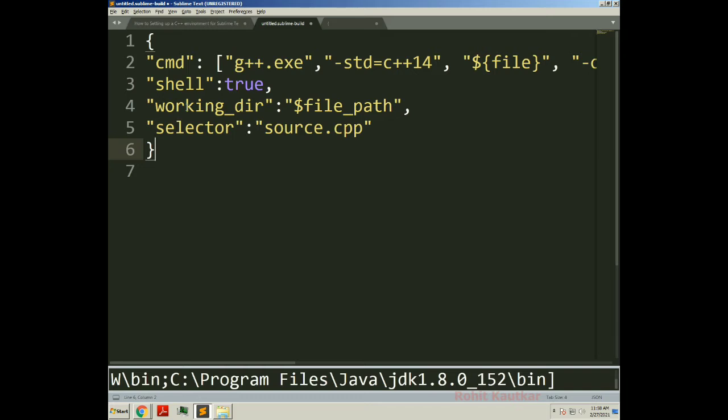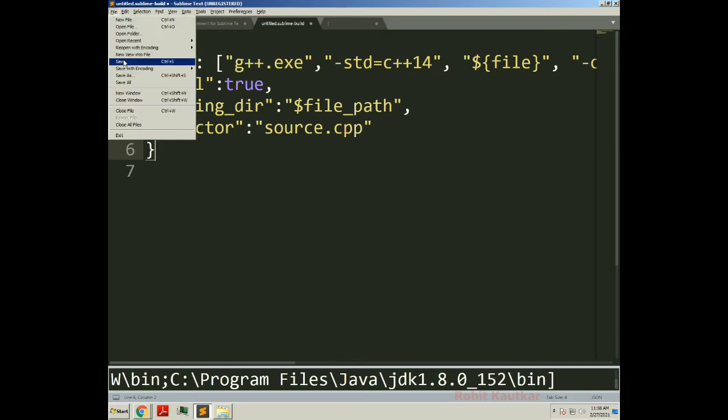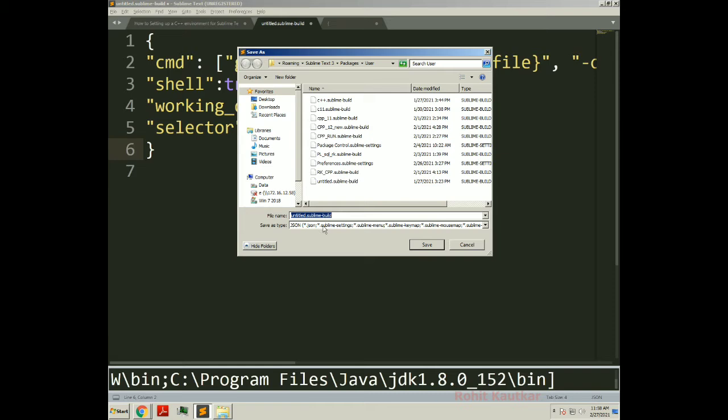Okay, and save this file with certain name. So I will say C++ compiler 1. This will be the name of my build system.